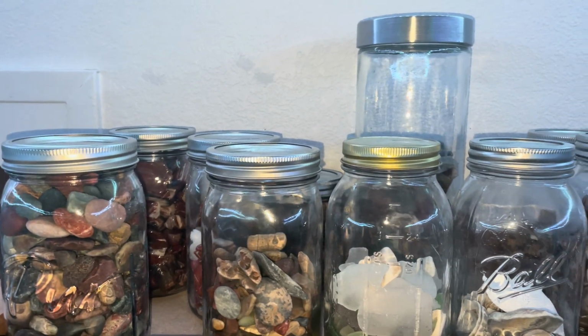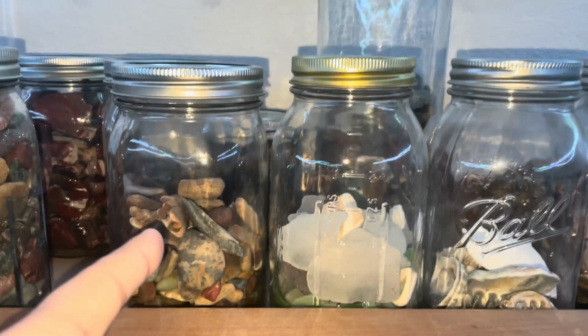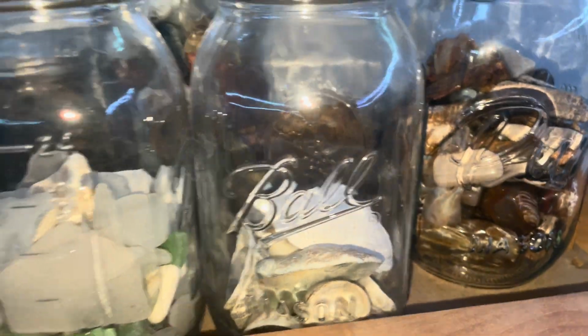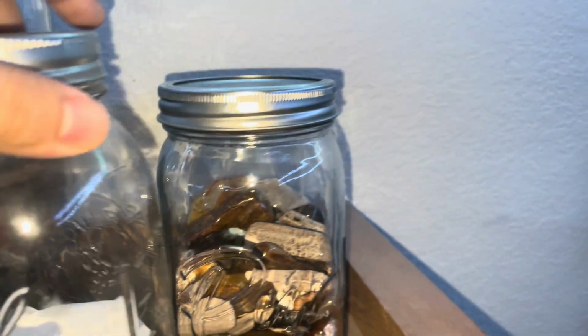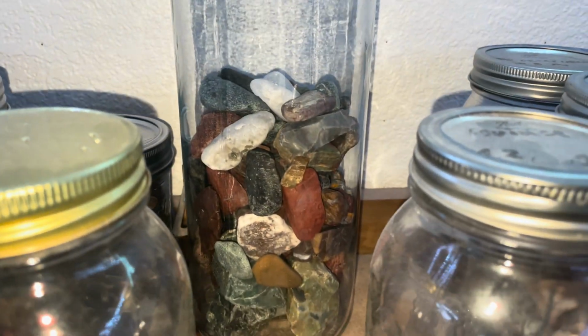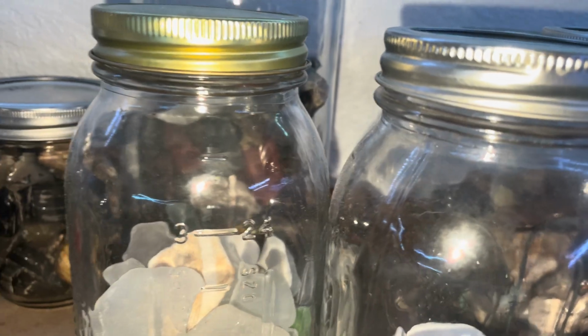The rocks I tumble, or just natural rocks from the beach, like here. Some other natural rocks from the beach. Some seashells. Got some seashells up in there. Some sea glass. Some tumbled petrified wood. You guys know I'm a big fan of that stuff. Some Russian River rocks here. I'm planning to tumble them, but I'm low-key running low on grit, so I don't know if I could